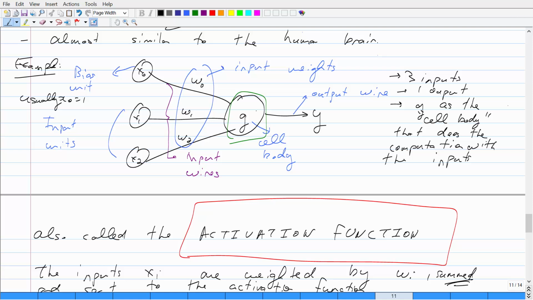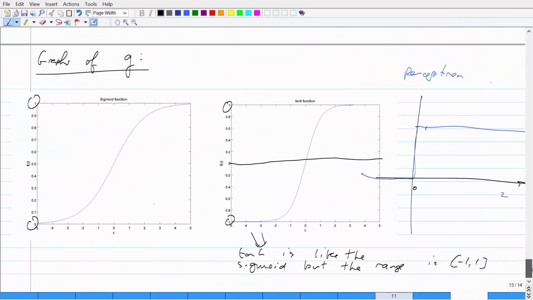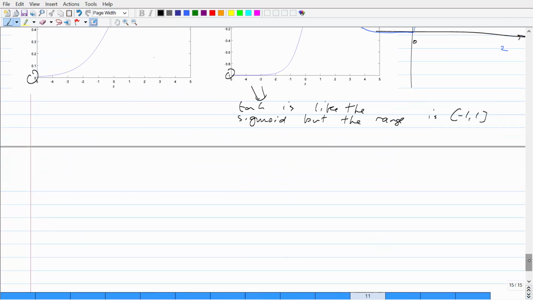If I made the cell body, or the activation function, the sigmoid function, and if I made the bias unit and the weight equal to 1, then if you did this computation, you can think of that as logistic regression, using a single neuron where the bias and the weight are 1 and the activation function is a sigmoid, which is actually quite nice. So note: